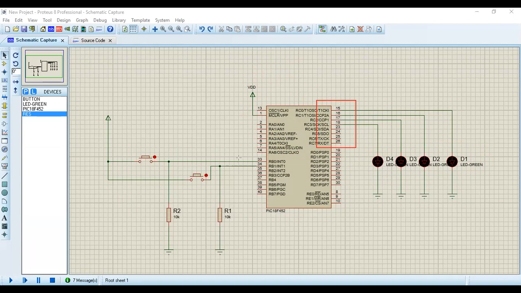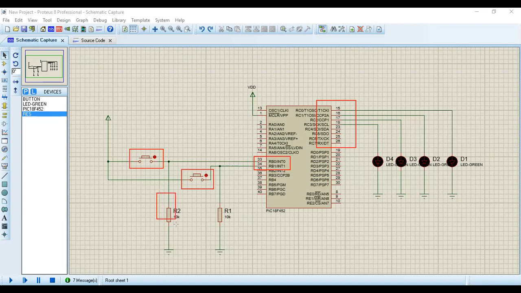Furthermore, two sensors should be used on these two pins, RB0 and RB1. To simulate the effect of a sensor, I have used a push button. You can find it in the pick option. If you remember, in the last tutorial I already told you. So these push buttons are simulating the effect of sensors. Whenever we press one, a high signal will be sent.